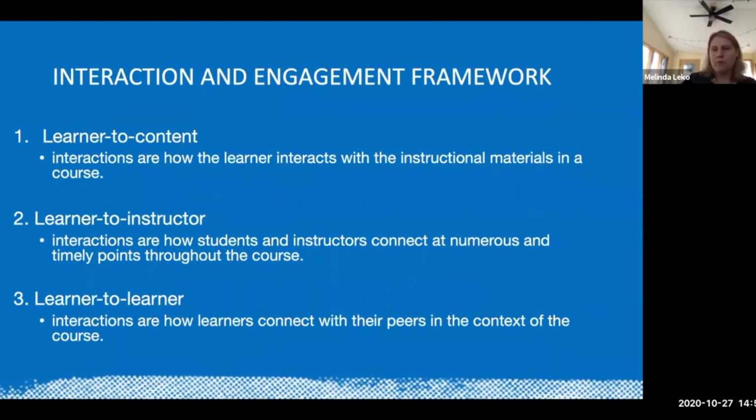In terms of best practices, it's really important to have a balance across all of these. And it's also helpful for you if you can have some times where your learners are interacting with the content that you don't have to be right there, then that frees you up. And same thing, if you have them interact with each other, then you're not always the one having to lead the course, because that can also take a lot of your time.